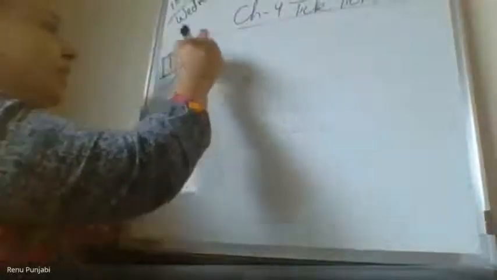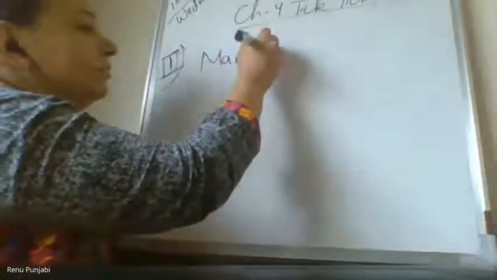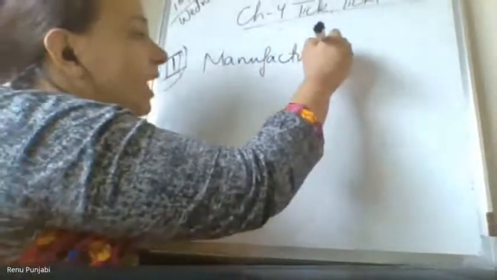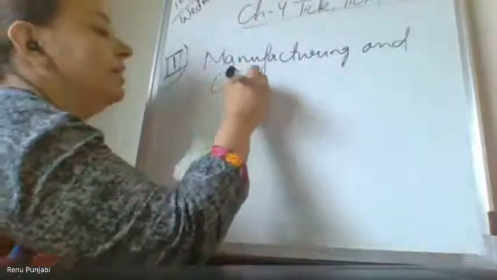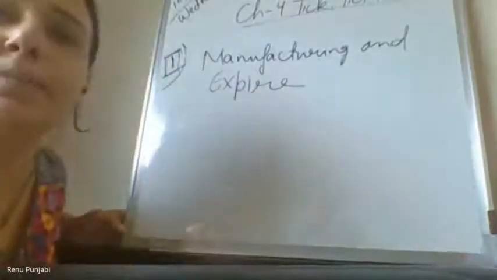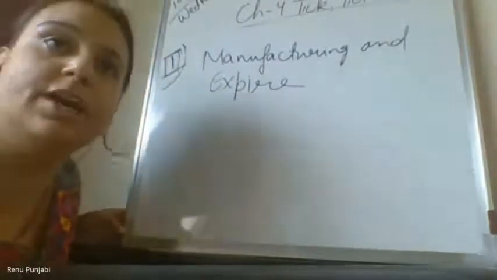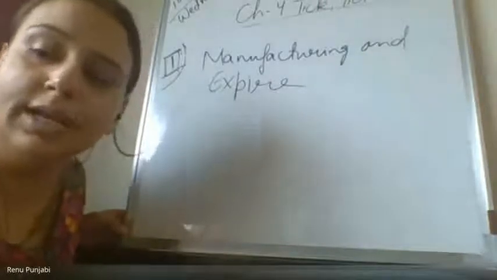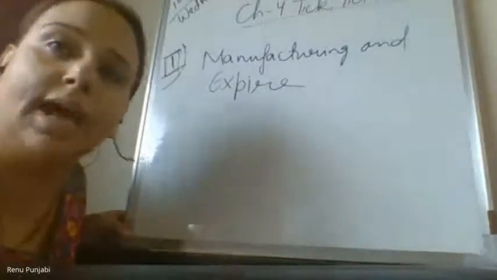So our third topic is to check the manufacturing and expiry date. Children, whatever the topics we are doing, if it is matching your textbook, please start completing the topics which are covered in the textbook also. Clear? Yesterday, I have sent one video also, with some activities in that. So please start doing according to the topics covered in the class.